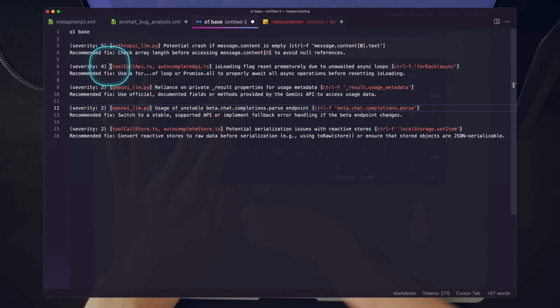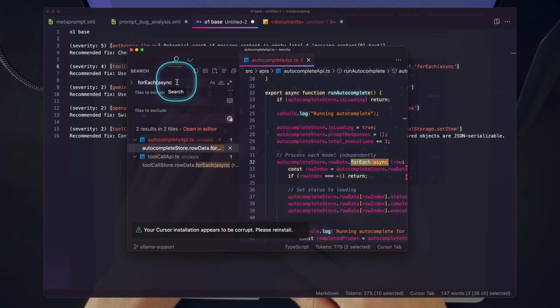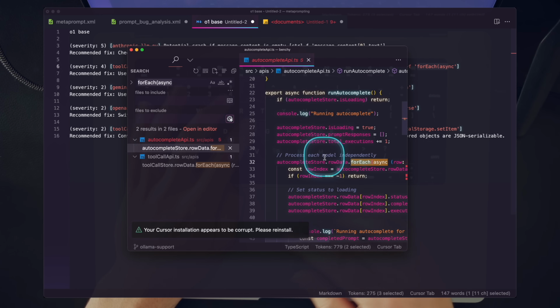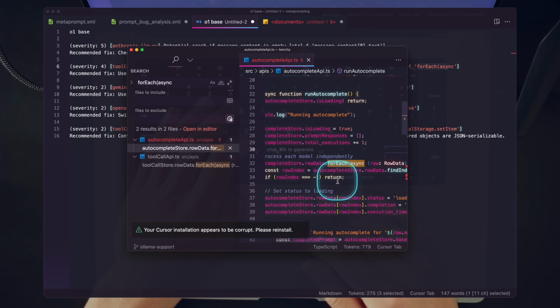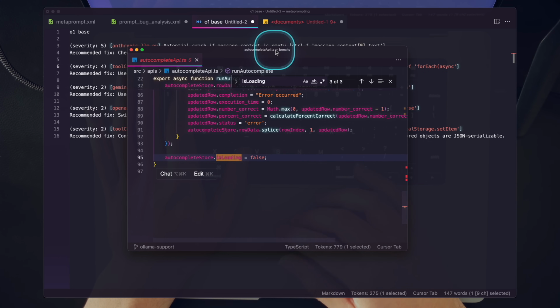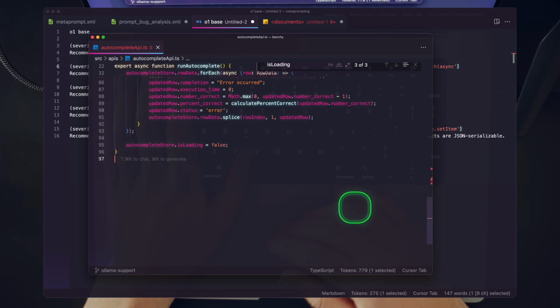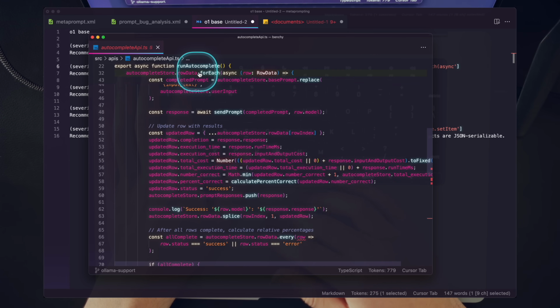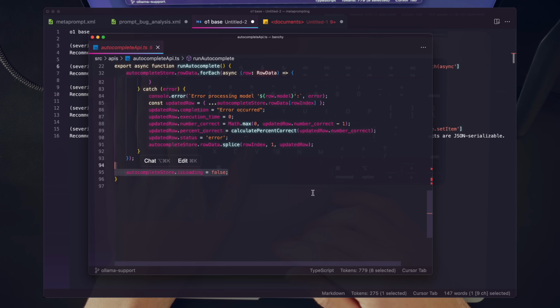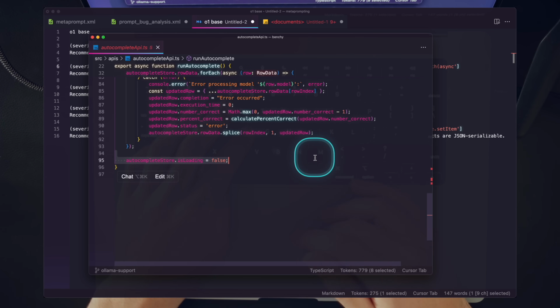Thanks to our metaprompt and our prompt, it actually respected this output format. We want to see every file and every instance of this issue, and it found it in both of these files. If we search for forEach async, which it gave us here, with a Control F lookup, we can see both of these issues here, right? So we have this forEach async loop, and yeah, okay, that's a bug. That's a bug. You can see here, we're not ever awaiting the results here. And that means that isLoading will arbitrarily just fire off. So it found it there, and it also found it